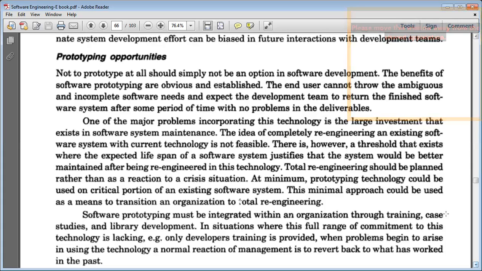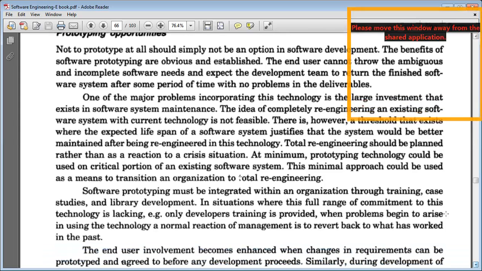And then they complain about prototyping and move back to the previous system, and they find this transition difficult. But for the proper way of transition, we need proper training, case studies, and library development. So the